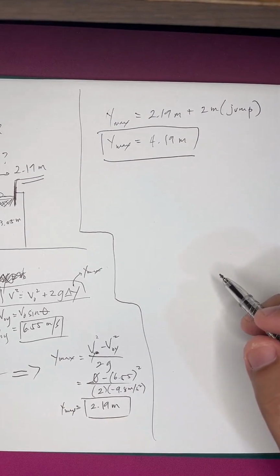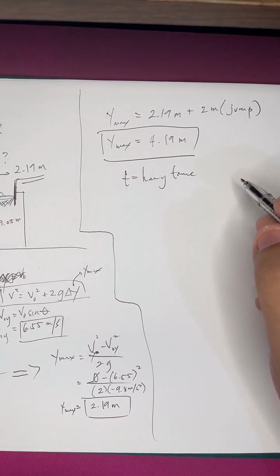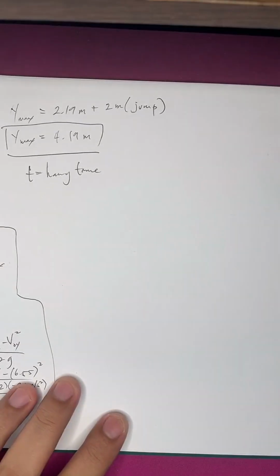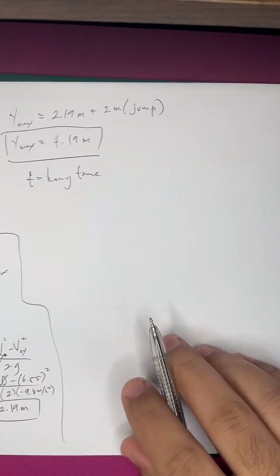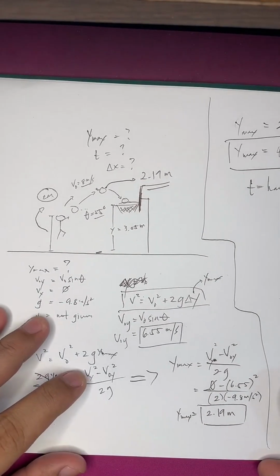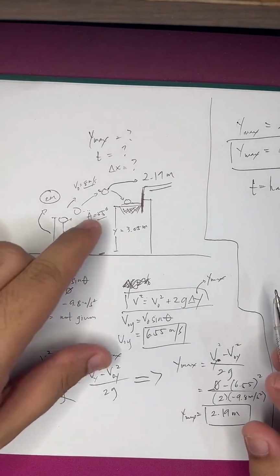The second question is hang time. What does it refer to? It refers to the time from the ball being released up to the point that it reaches the goal, the basket. Going back to my illustration here, my drawing here, you can see that the hoop is